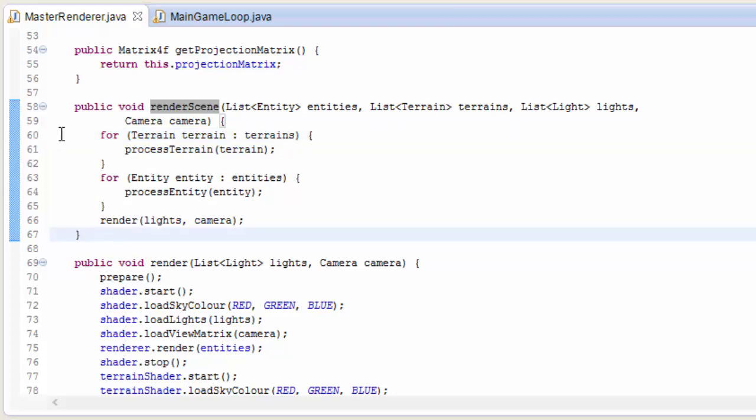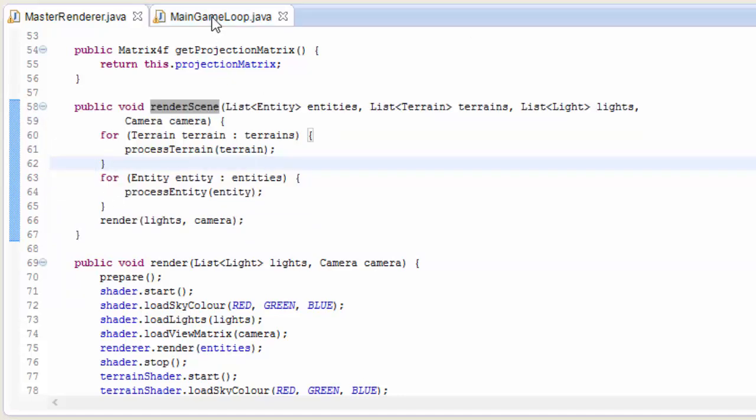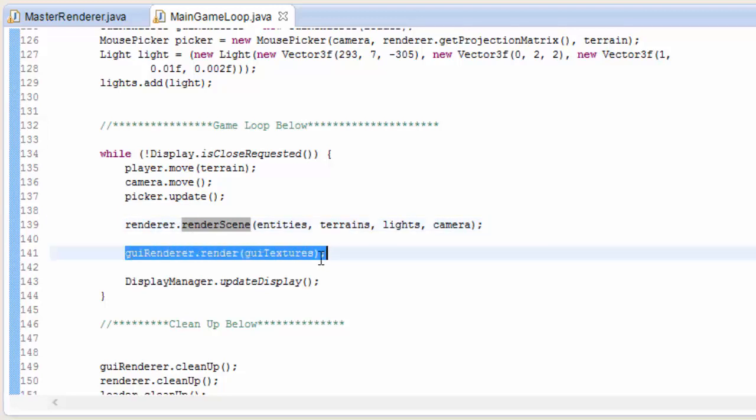If you're using the engine from my other tutorials, then you can create this method here in the MasterRenderer, and then you can call it from the main game loop when you want to render the scene, like I've done here. Notice though that it only renders the 3D objects in the scene, and all of the GUI rendering is